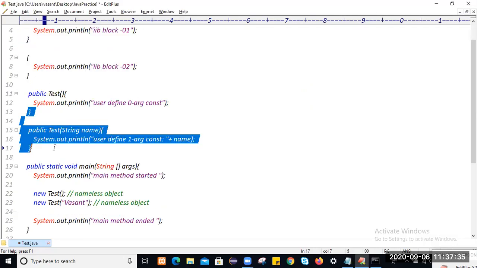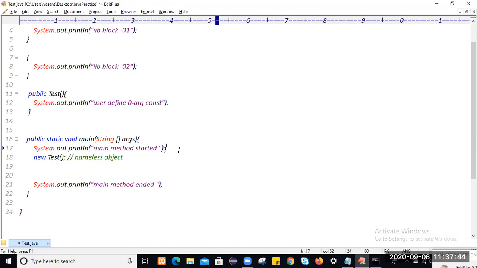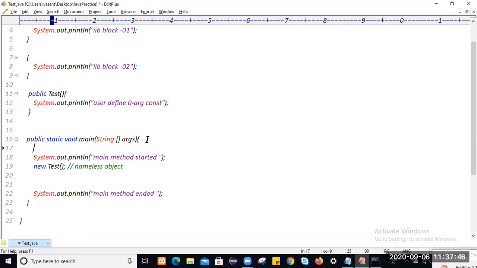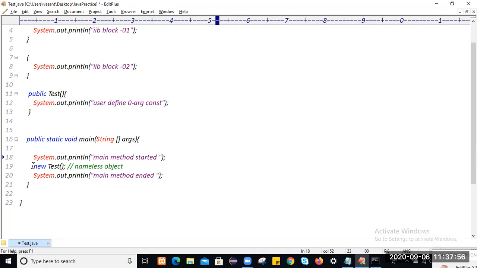So let me remove this one-argument constructor, and we'll keep the first example like this. The execution will start at the main method, as we know. Then the moment we create an object, this statement will create the object.